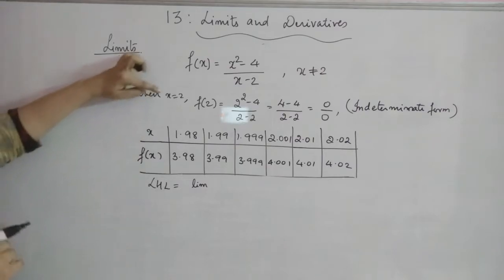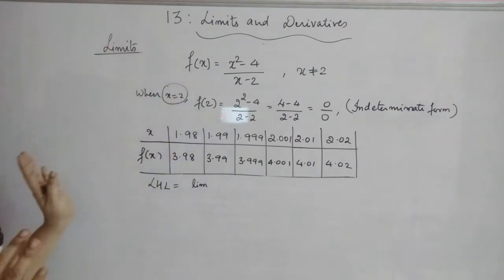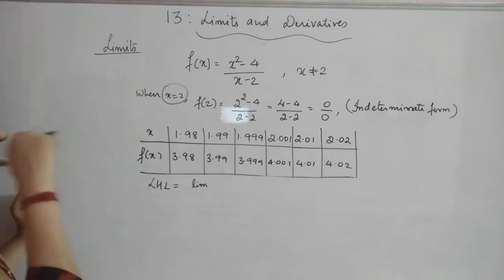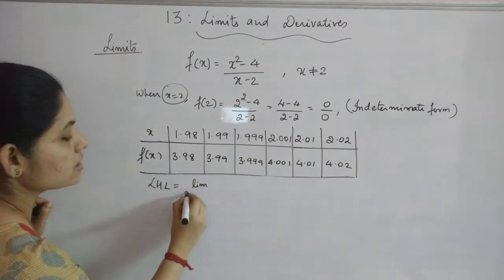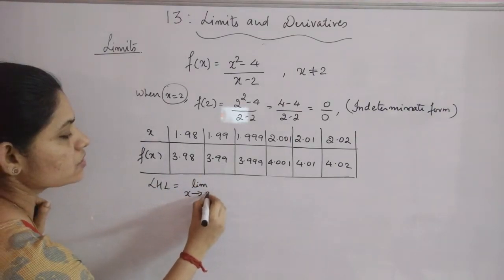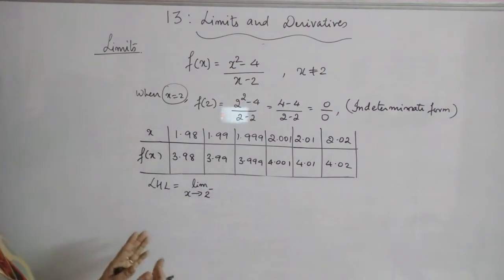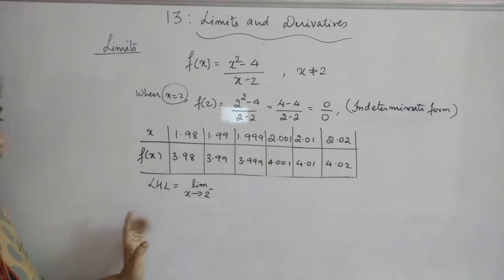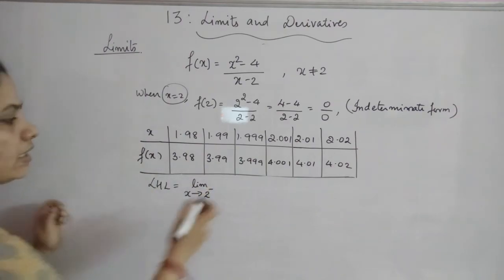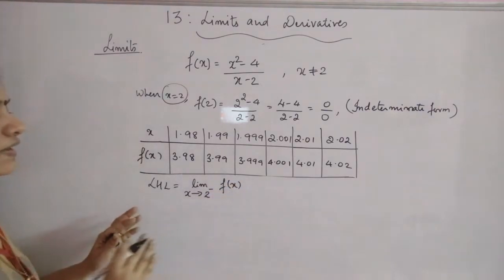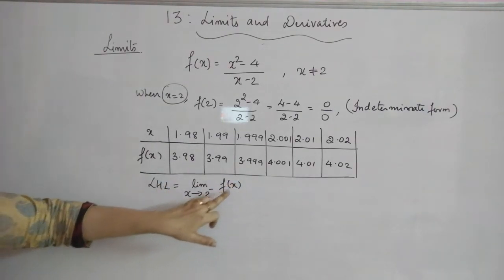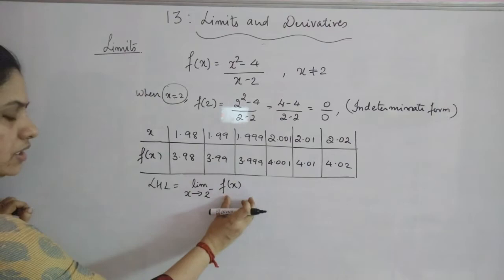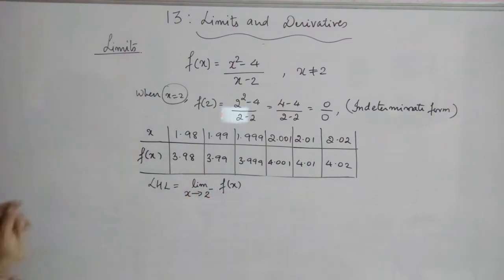So what we can see is, in the example we have just done for x equal to 2, that is the limit for x tends to 2. If it is from the left hand side, we represent it as limit x tends to 2 minus. 2 minus means it is approaching 2 from the left side of 2, f of x. So how will we read this? Limit x tends to 2 minus f of x, and the meaning of this is the limit value of the function as x approaches 2 from the left side.